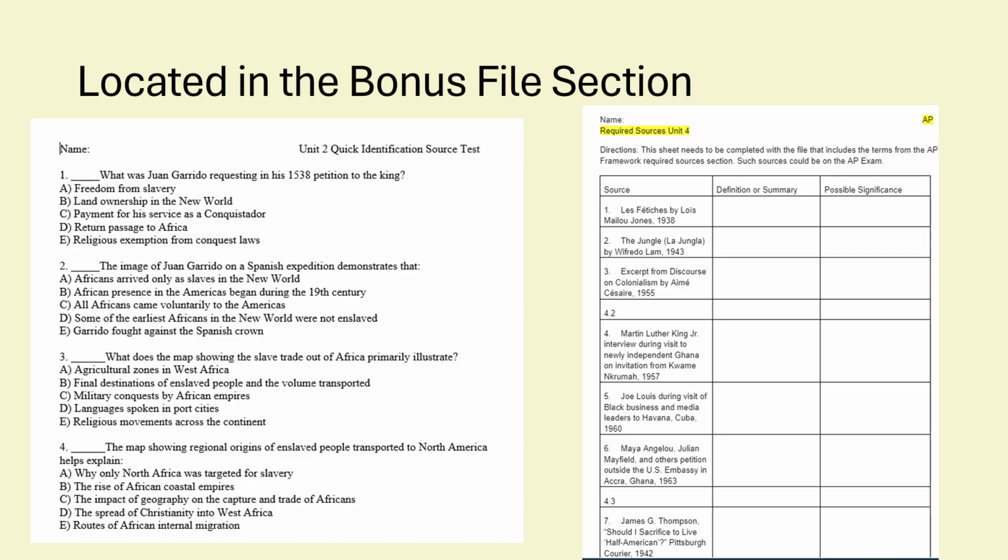There is also a third assessment that is located in the bonus file section, and this is what I call a quick identification source test. And this simply uses the source worksheet and is designed to act as a quick identification for any of the